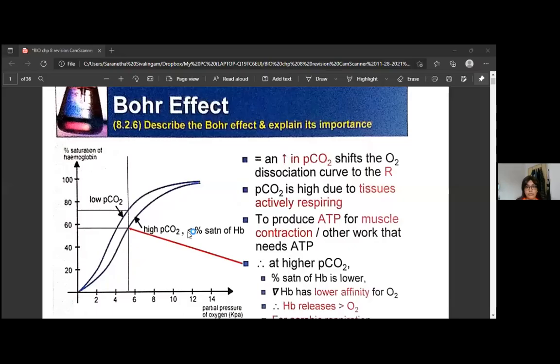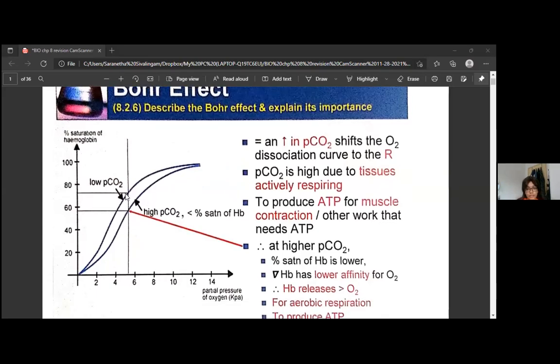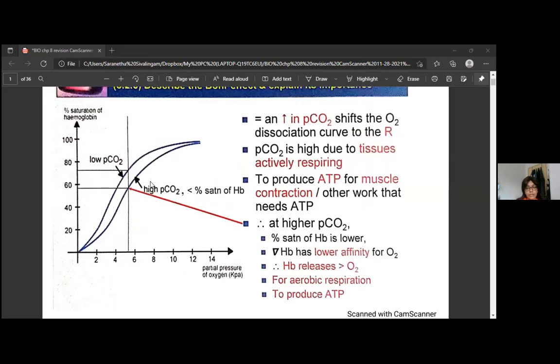can see in this curve. So an increase in the partial pressure of carbon dioxide will shift the oxygen dissociation curve to the right. The partial pressure of carbon dioxide is high due to the tissues actively respiring and producing ATP for muscle contraction. So at higher partial pressure of carbon dioxide, the percentage saturation of hemoglobin is lower, and hemoglobin has lower